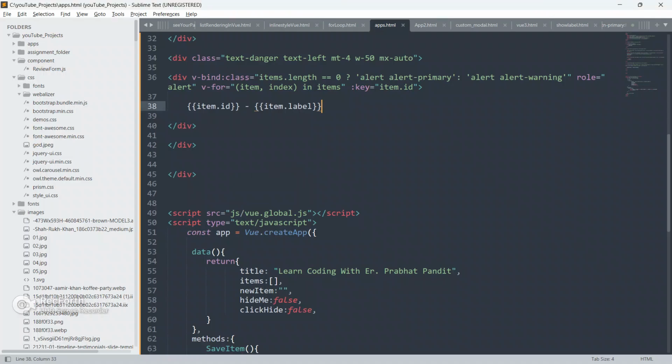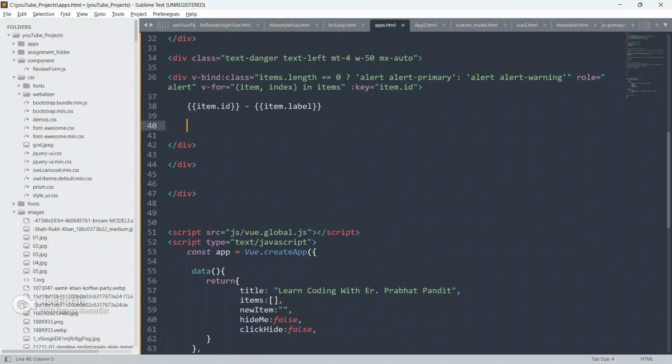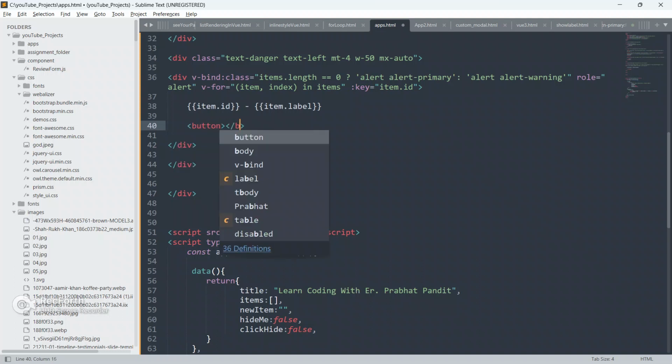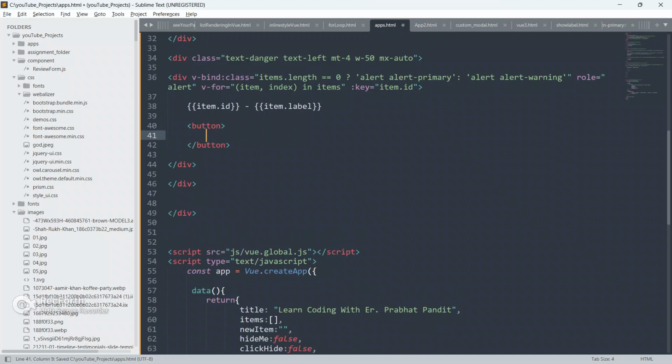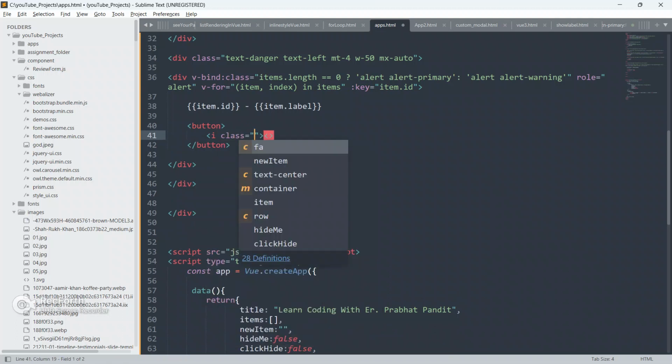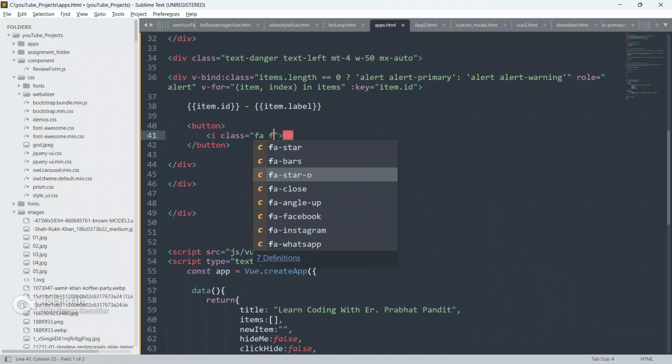Now we are gonna do some extra stuff. I'm gonna put a cross sign here. So below this I'm gonna create a button element. Close this button now, and inside this button I'm gonna create an i element.